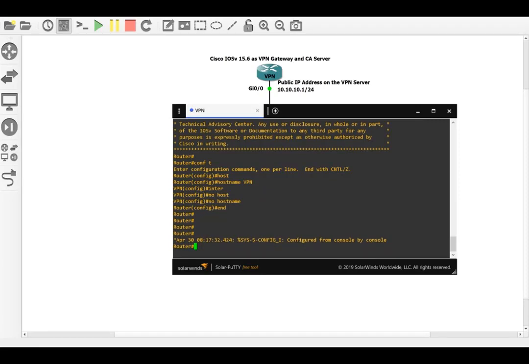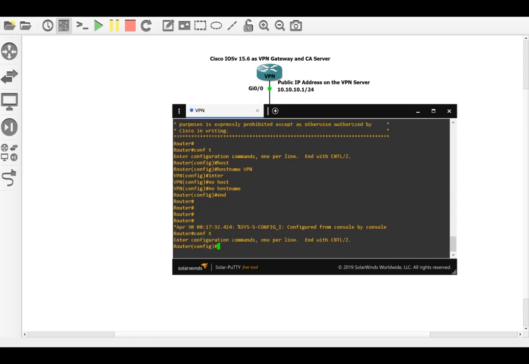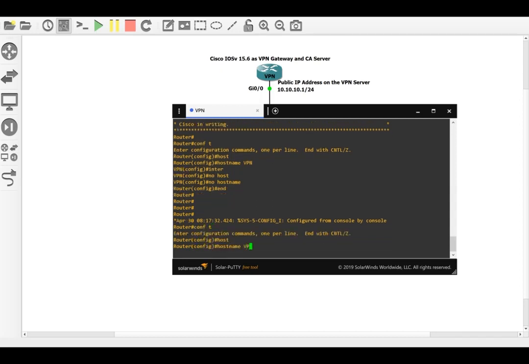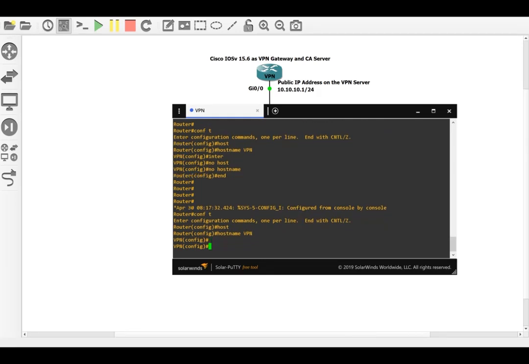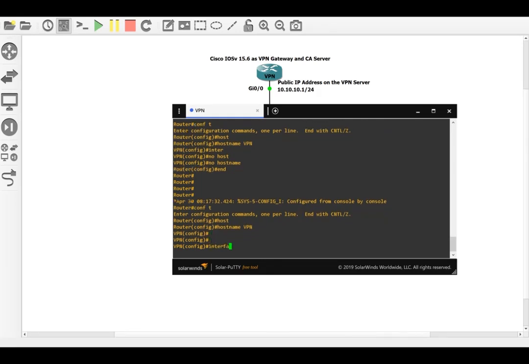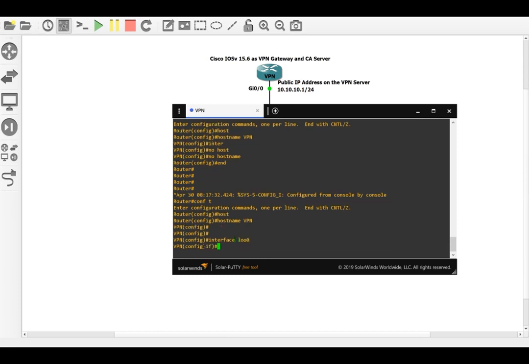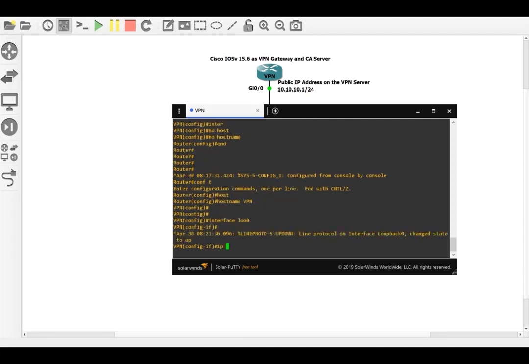First things first, we are going to start with the basic management configuration. Let's give it a host name of VPN. Then create a loopback interface that we normally use as the management interface. We also want to use the IP address of this loopback interface, using the unnumbered feature, for remote access tunnels. Let's say loopback 0 with the IP address of 10.1.1.1/32,